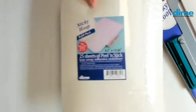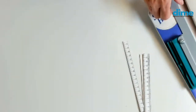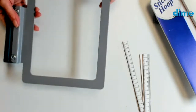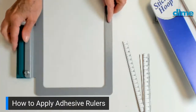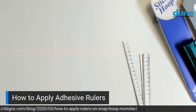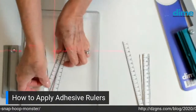So I'll set these aside. And of course, it comes with our centering rulers, right? Our adhesive centering rulers. And we're definitely going to want to apply that to the hoop. So in order to do that, you can place it under PAL, and you can go to my blog and download the crosshair